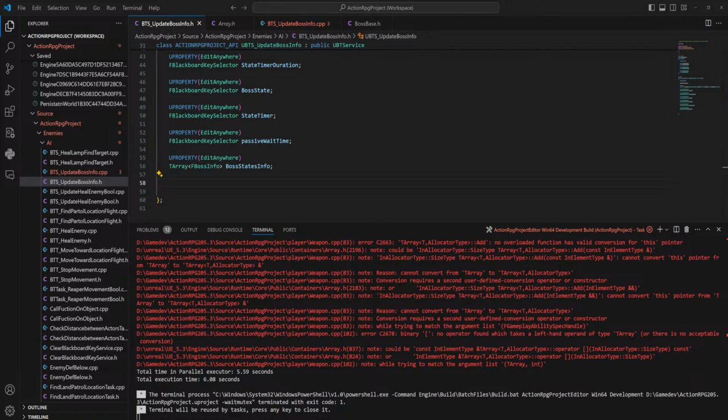Undeclared or improperly defined identifiers, mismatching types. The issue seems to be related to template arrays. Here's some troubleshooting tips. FAbilityGameSpecHandle undeclared identifier. Ensure that the header file where GameplayAbilitySpec is defined is properly included in your project.